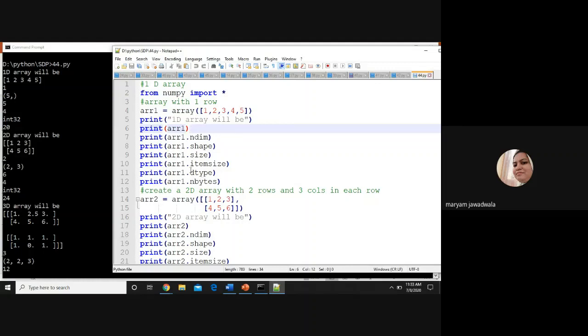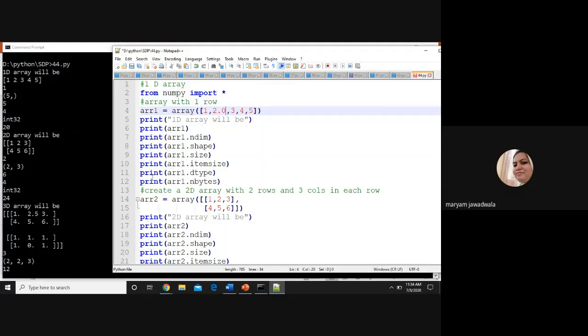Next attribute, dtype. dtype will give me the data type of the array. Here the output is int32, integer 32. And suppose my array has a floating point value, so here I write 2.0, right? If I run the same program, what will be the output? dtype gives us float instead of integer, right? Because if one of the elements is float, then the entire array becomes a float array. Later on, I will save it and give you the output for floating point. Right now, you understand this program here.